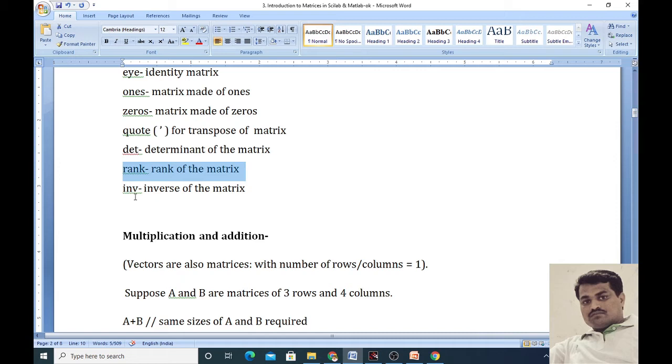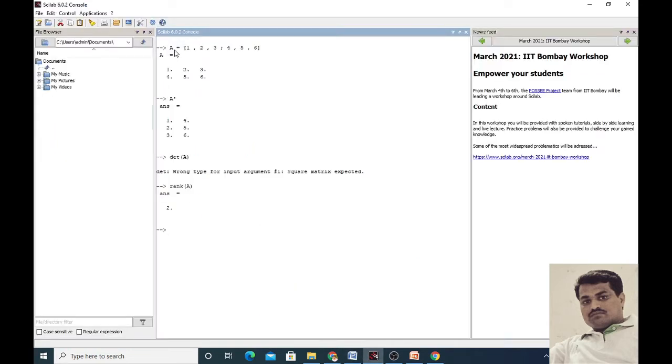Suppose we want the inverse of the matrix, then we use the command INV. Here in this case we cannot find the inverse of the matrix A, because you know the definition of the inverse of a matrix.